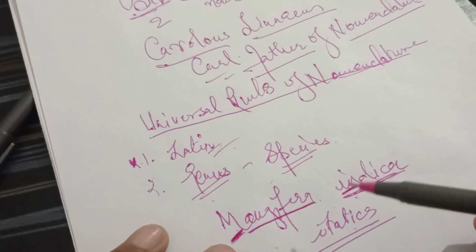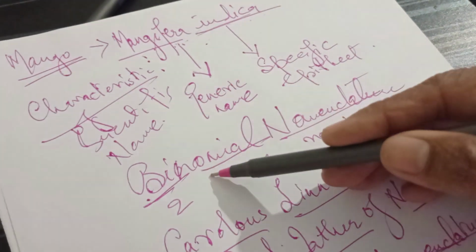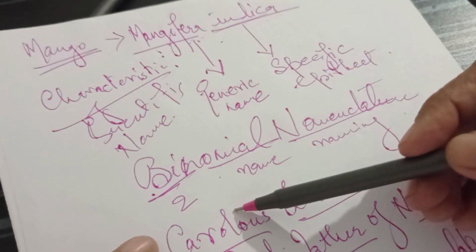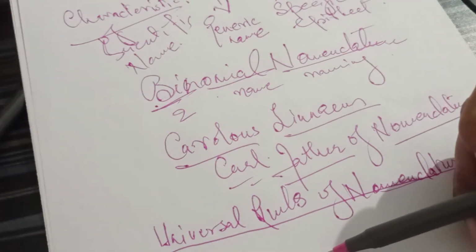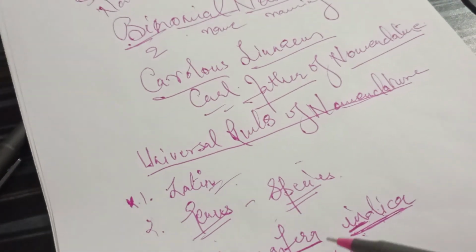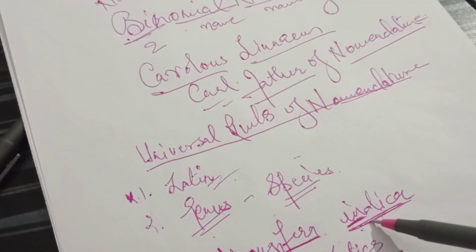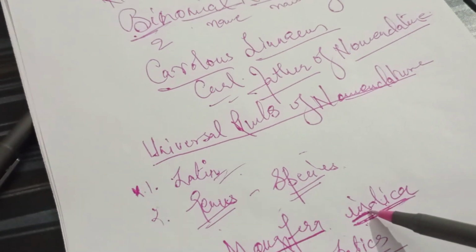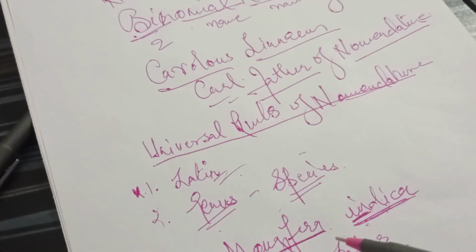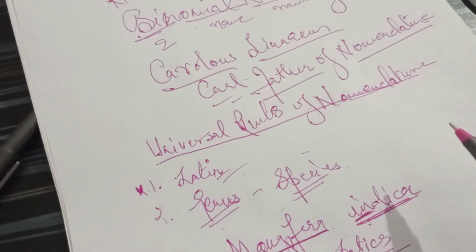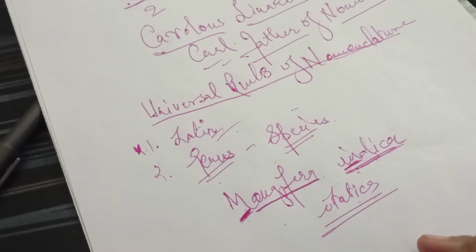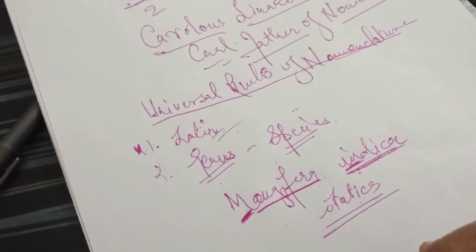This is called binomial nomenclature, a name having two parts. First is the genus name, other is the species name, both written separately. The first letter of the genus is capital, the first letter of the species is small, both underlined separately. Okay. Now, one more thing in this nomenclature, the name of the author, that means who named